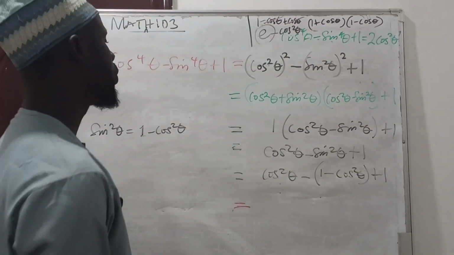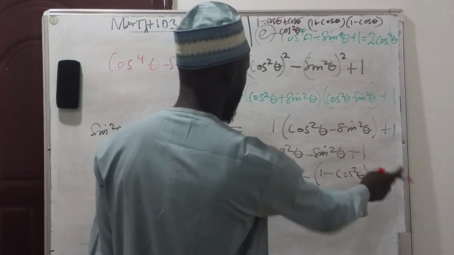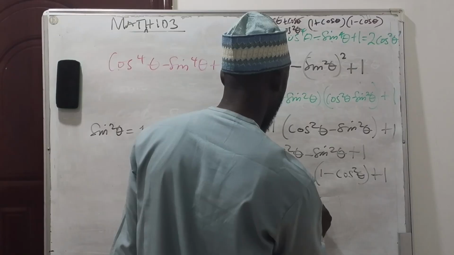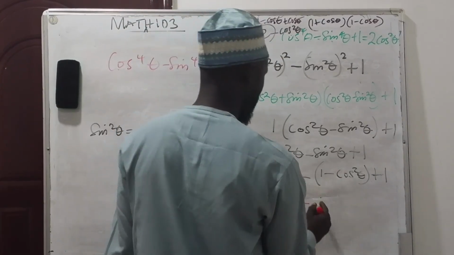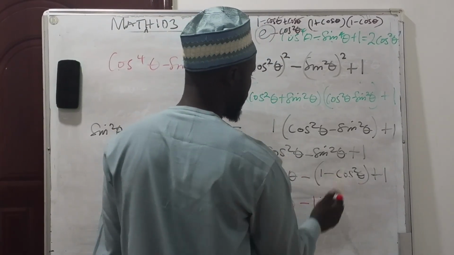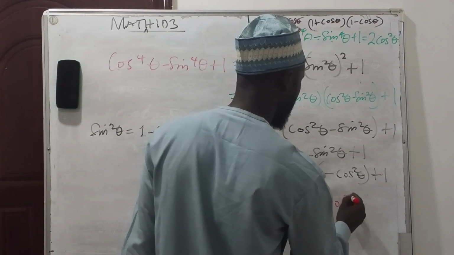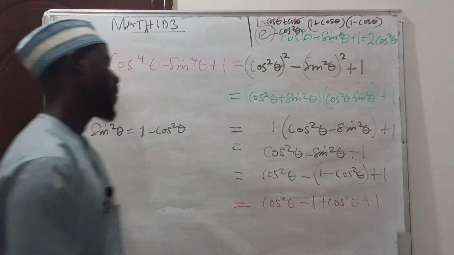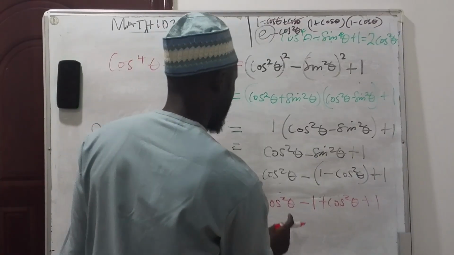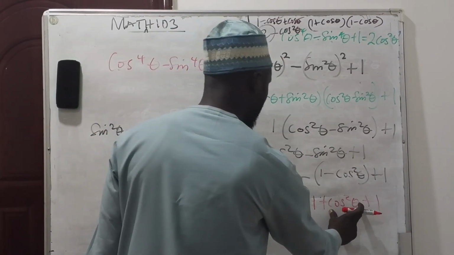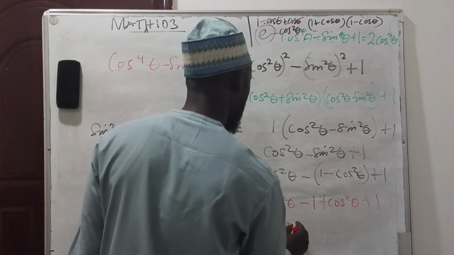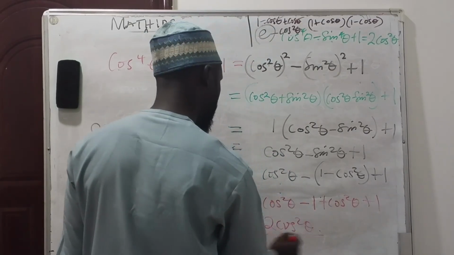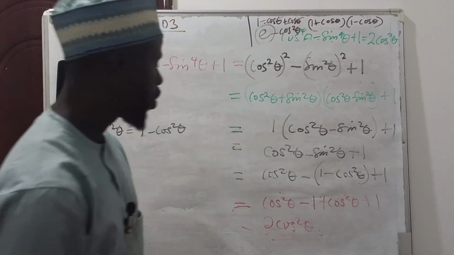Okay, what we do is rearrange now. I have cos square theta minus 1, minus minus is plus cos square theta, and then lastly plus 1. So what I have is cos square theta plus cos square theta, 2 cos square theta, minus 1 plus 1, which is 0. And so the answer is 2 cos square theta